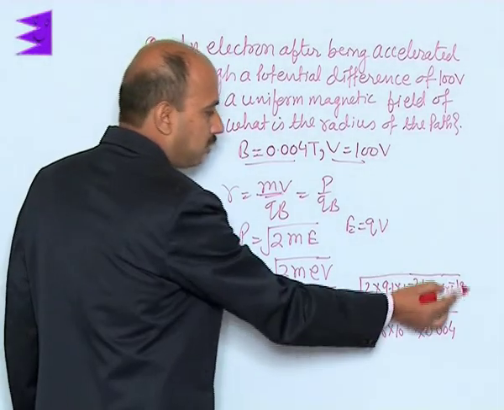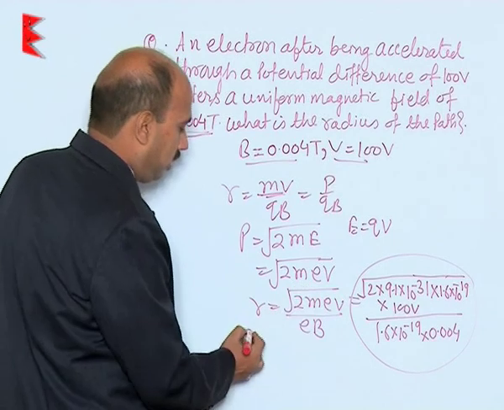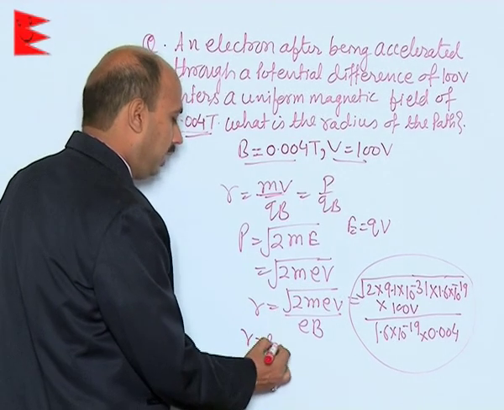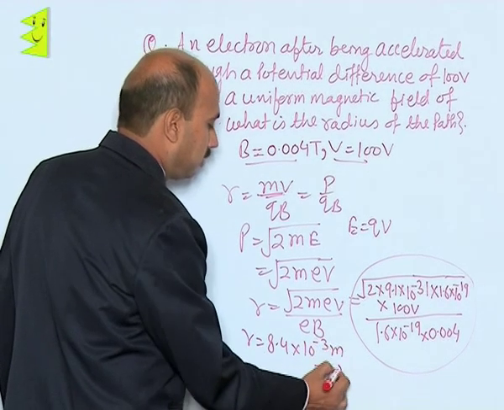So, when you solve this whole thing, you will be getting R is equal to 8.4 into 10 raised to power minus 3 meter,